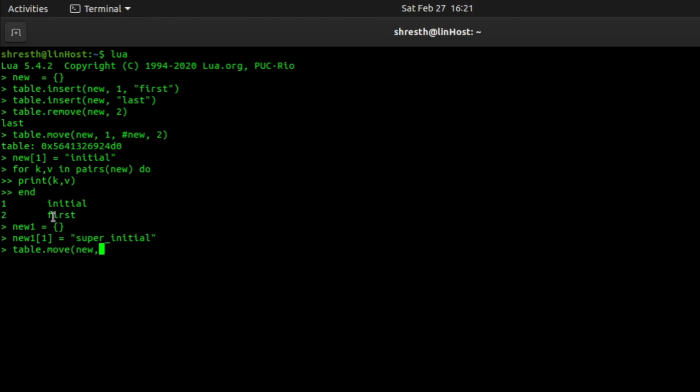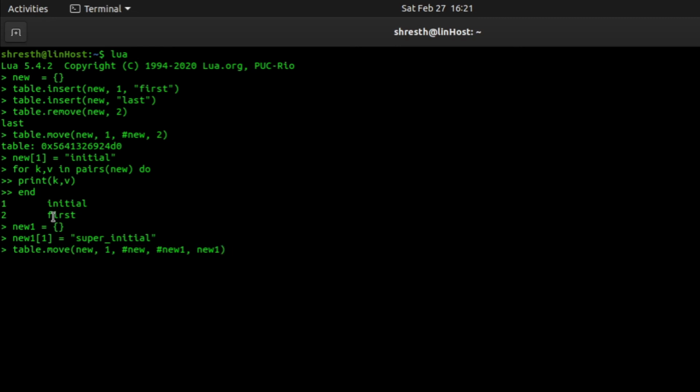I give the table name as new, the starting index will be first and the ending index will be the end of this table new, and the fourth argument is where I want to put these elements. I'll say at the end, so I'll give the length of this new1 table, and the fifth argument I'll give as the table name, which is new1.